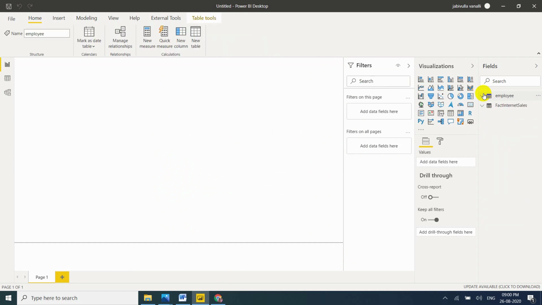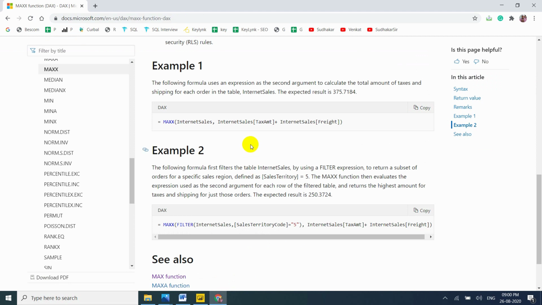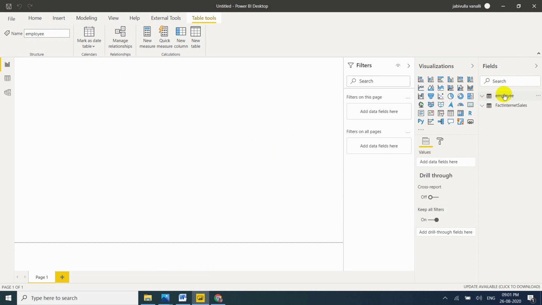Okay, now the first example. They did tax amount plus freight amount, then they want the maximum amount. They want to combine two columns, not one column this time.